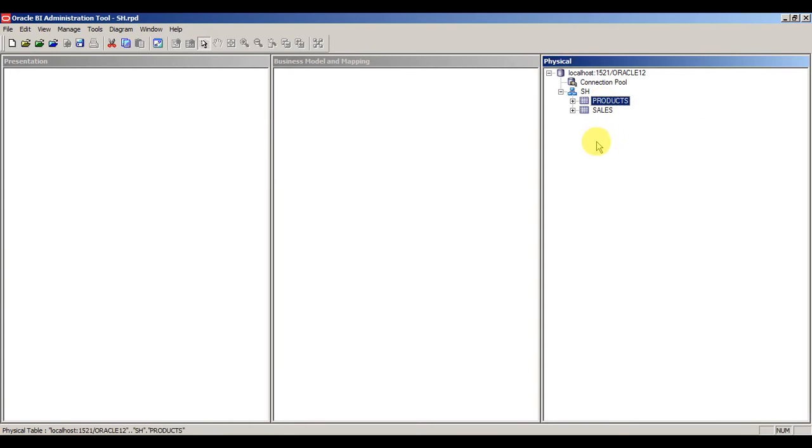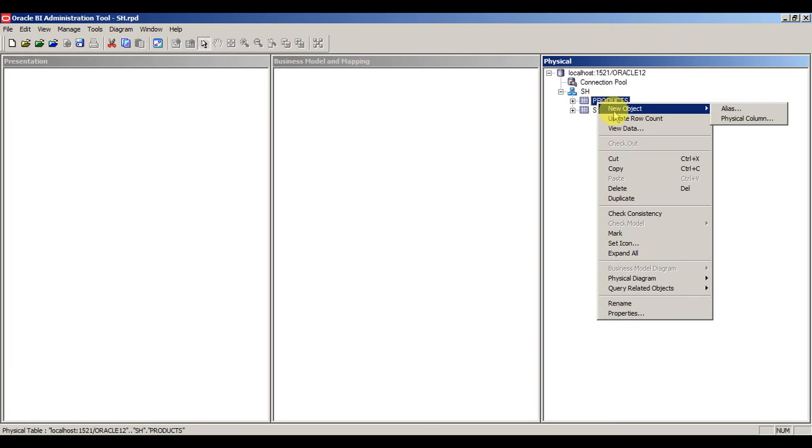When you want to represent any dimension or fact, sometimes by looking at the table name we get confused if there are hundreds of tables. To avoid that situation, we create an alias with our own understandable names. Here we know that products is a dimension and sales is a fact. So let's create an alias with meaningful names.